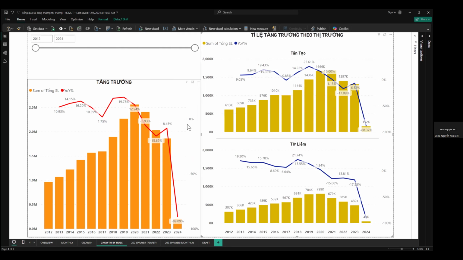So based on these insights, here are the key recommendations for Tân Tạo. Revisit marketing and sales strategies to recapture lost momentum, and explore potential new customer segments or product adoption. And for Từ Liêm, conduct in-depth market research to understand customer attrition, and consider restructuring operations or introducing new offerings